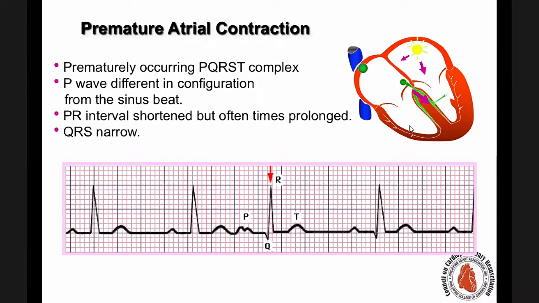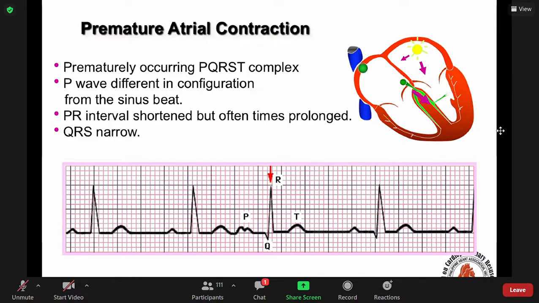Okay, premature atrial contraction is another benign rhythm. It means to say that somewhere is firing at a faster rate than the SA node. That's why it overrides the SA node and it conducts through the AV node to the ventricles. Okay, so for example here, there is probably an infarction in the left atrial muscle here, and it has produced an electrical activity faster than the SA node, and that's why it was able to conduct through the AV node. So PQRST galing SA node, PQRST galing SA node,